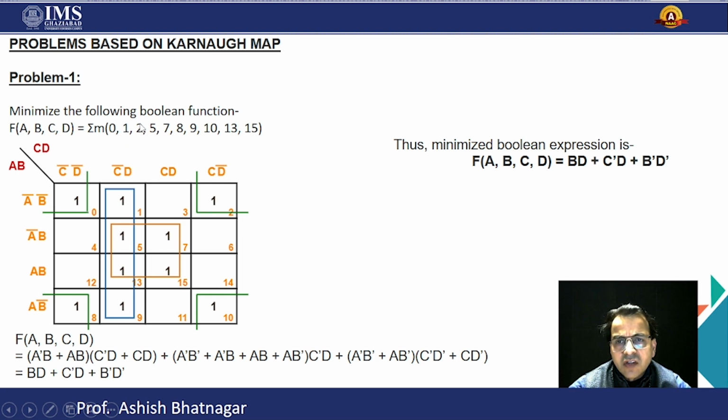Okay, in cell 2 we place again 1. In cell 5, yeah, of course this 5, we place 1. 7, 1; 8, in the given cell 8 we place 1. 9, let me check it out. 9, yeah, this is the 9, place 1. 10, place 1. 13, place 1. 15, place 1.